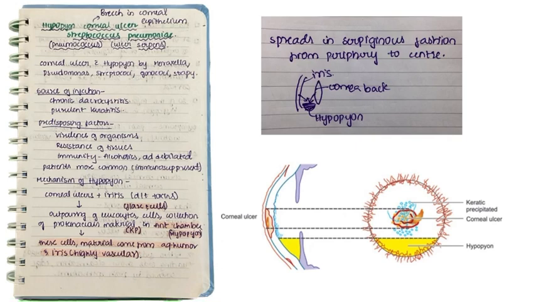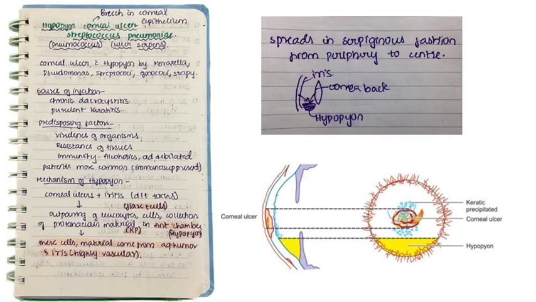Coming to the mechanism of Hypopyon formation. What happens when a bacterial corneal ulcer occurs? The bacteria release toxins, and these toxins cause inflammation of the iris. Normally the cornea is avascular, but the iris is a highly vascular structure. When there is inflammation of the iris, which is called iritis, there will be leaking out of cells and proteinaceous material. These cells are white blood cells like leukocytes, and there will be a collection of proteinaceous material at the back of